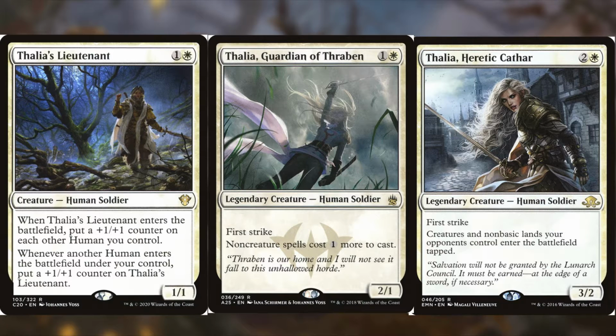And finally, Thalia, Heretic Cathar is 2 and a white for a 3/2 human soldier. It's got first strike as well, and it says creatures and nonbasic lands your opponents control enter the battlefield tapped. So that really affects